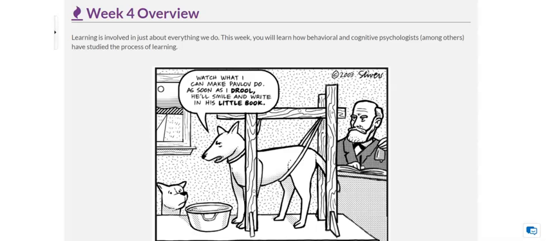It's funny that there's a cartoon with a dog in it here, and that we tell lots of jokes about Ivan Pavlov and the way he constructed the theory of classical conditioning by conditioning dogs to drool at various sounds